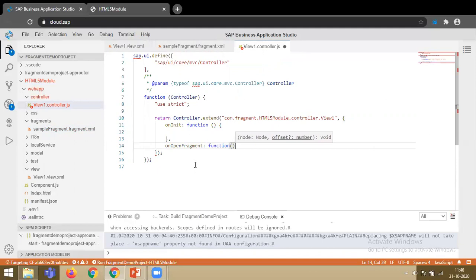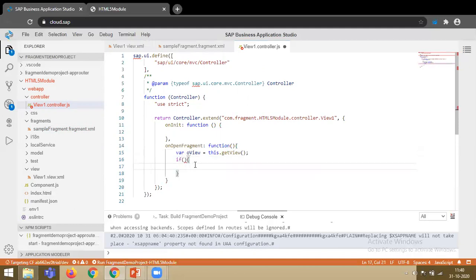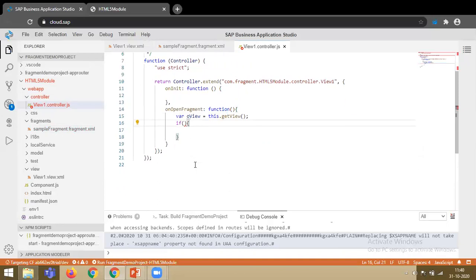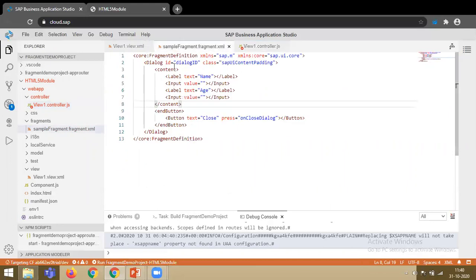Yes, this is the function. Let's declare oView. oView is nothing but this.getView, or the current view, that is v1. After that just add a simple condition. I know this dialog ID is not available in the v1 because we haven't loaded our fragment yet, so it's not available.